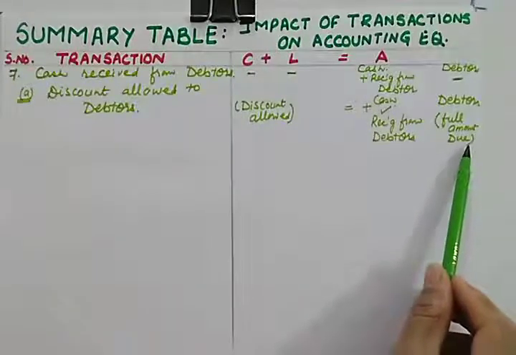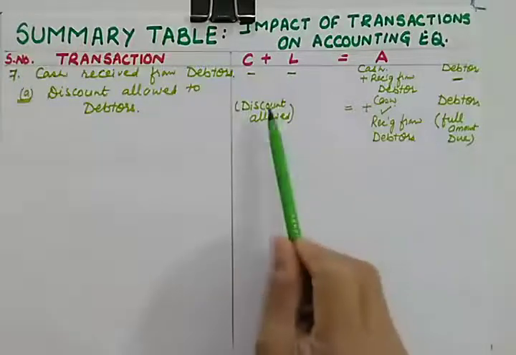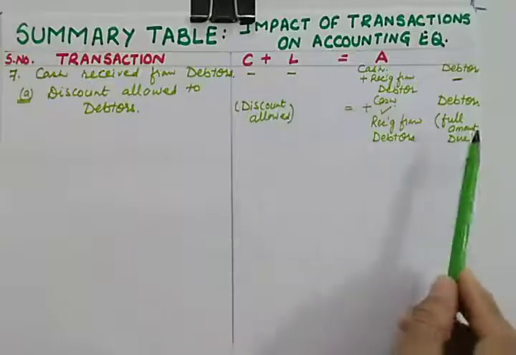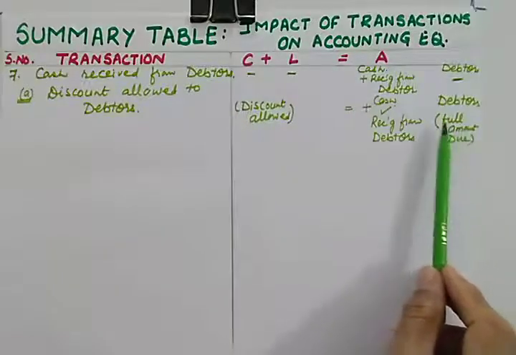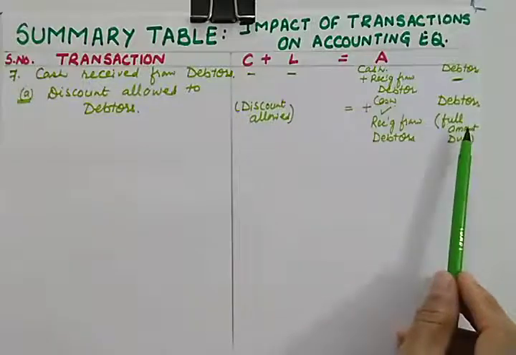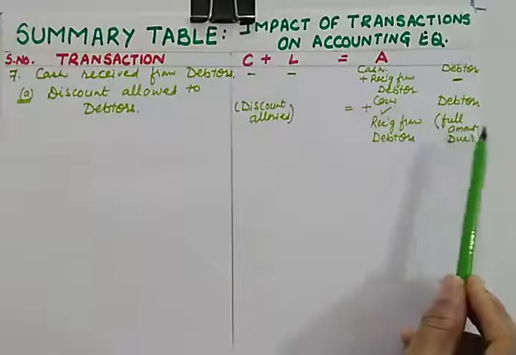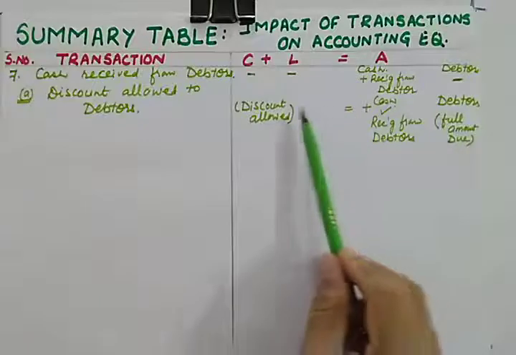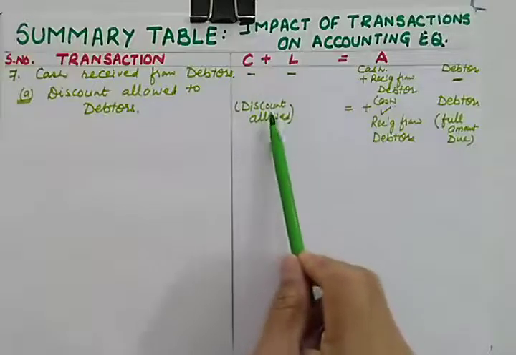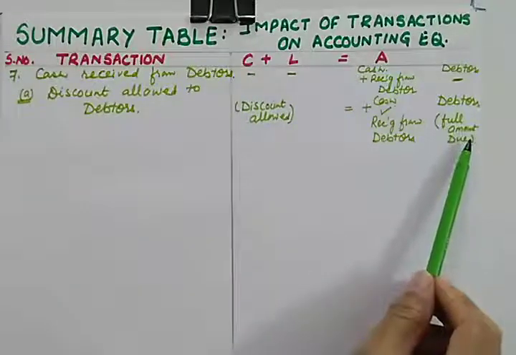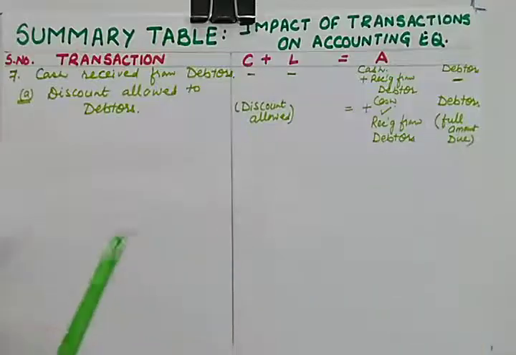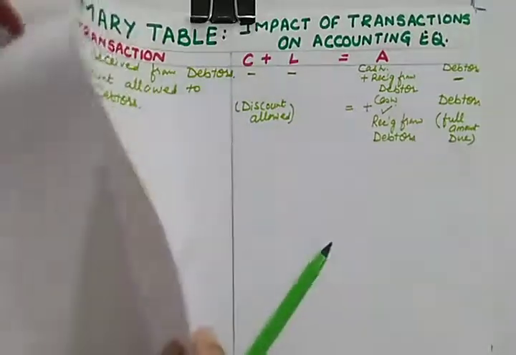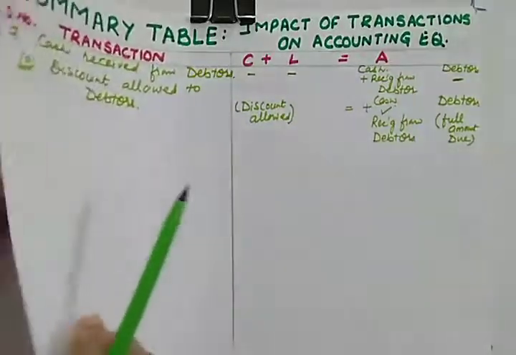Suppose you were supposed to take 10,000 and 500 is allowed as discount, so your debtor will be settled with 10,000. You cannot expect that your debtor will pay you the 500 balance in future because you yourself are giving discount to your debtor. So let us do a numerical based on this